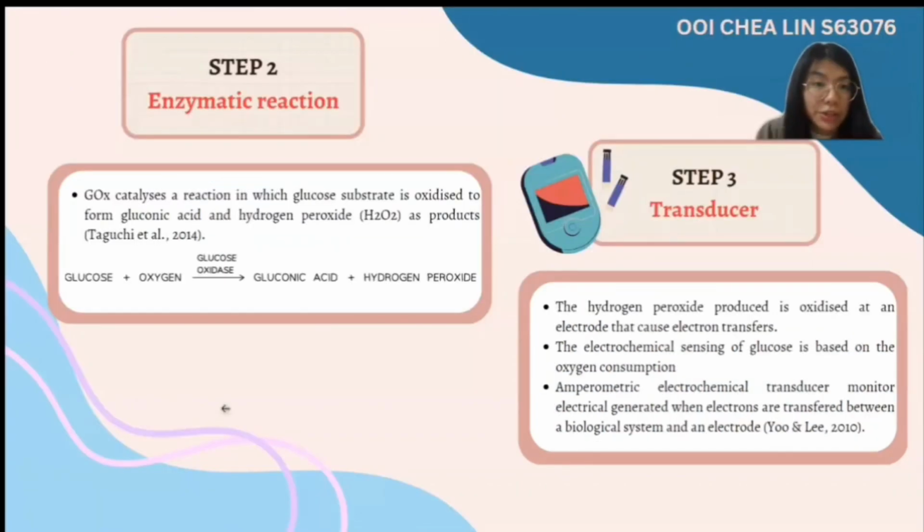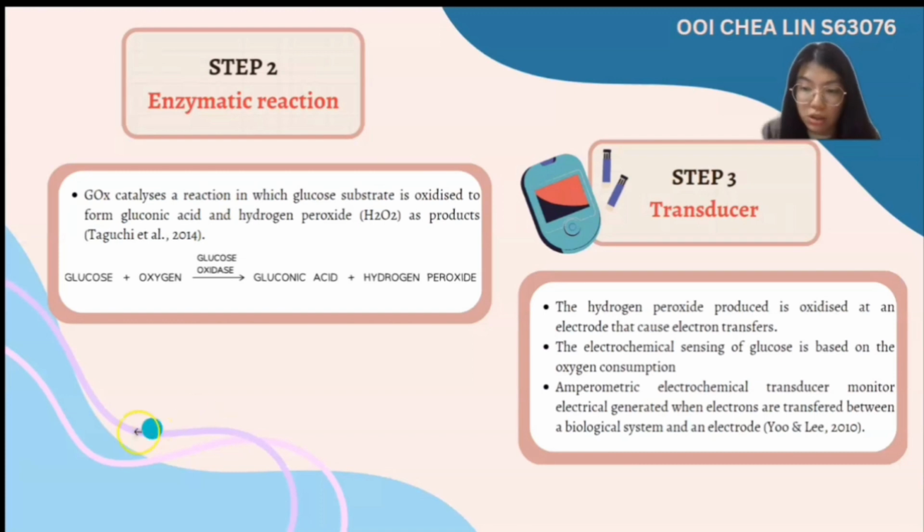Step 2 is enzymatic reaction. The GOX catalyzes a reaction in which the glucose substrate is oxidized to form gluconic acid and hydrogen peroxide as the products. Step 3 is the transducer. The hydrogen peroxide produced is oxidized at an electrode that causes the electron transfer. The electrochemical sensing of the glucose is based on the oxygen consumption. The electrochemical transducer in the glucose biosensor monitors the electric current generated when the electrons are transferred between a biological